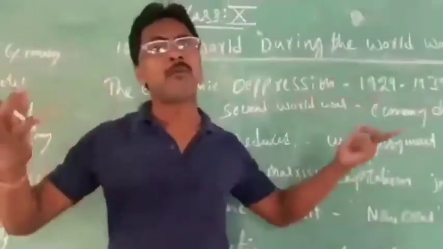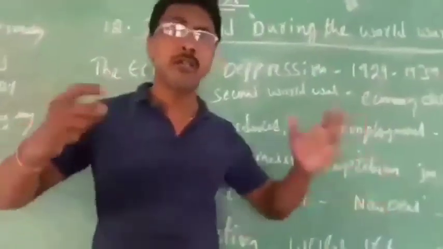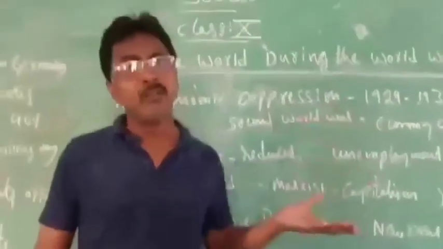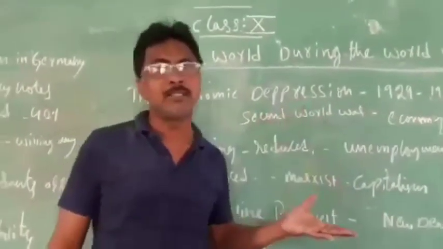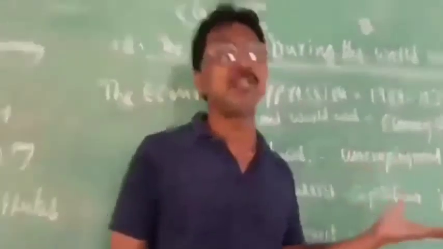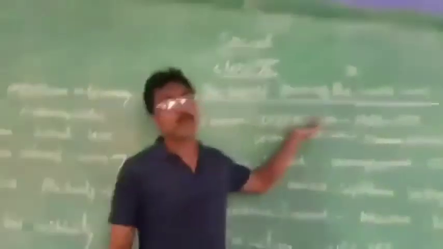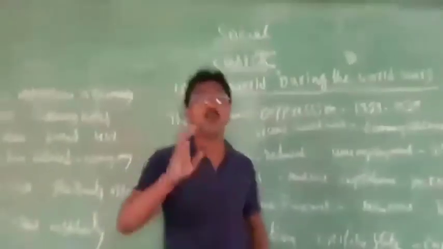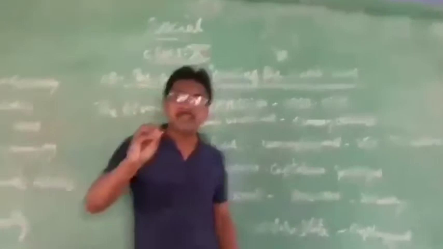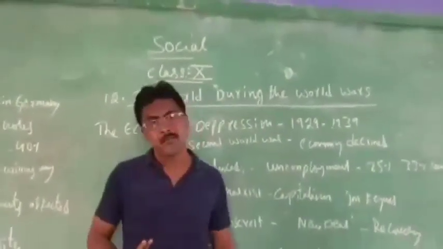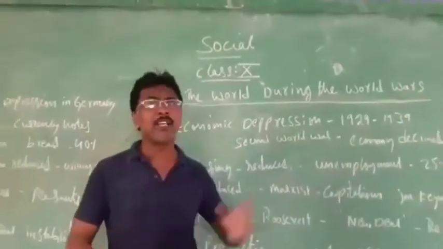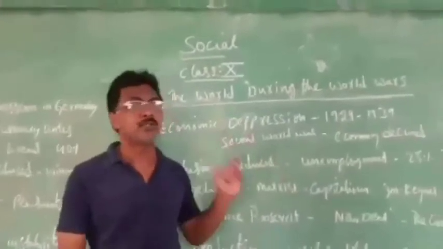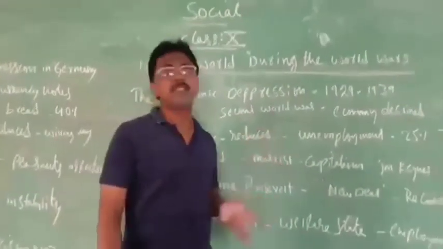And Stalin became the president of Russia. He also developed a lot. He established old age homes, hospitals, colleges, universities, everything. And it was the same Communist Party only. You should know that Socialist and Communist are both the same. The Socialist Party and the Communist Party are both the same. Keep that in your mind. That we have discussed in the previous class.